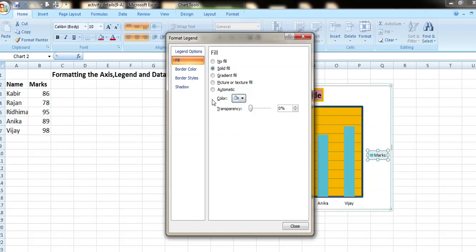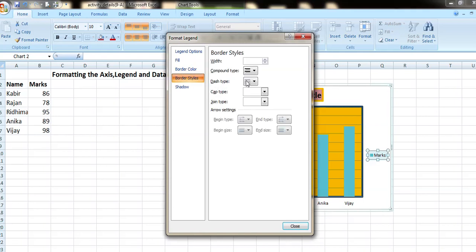I can change the border styles also, as I can change the outer line dash type of the border by clicking on the dash drop down list and selecting any of the styles which I want.